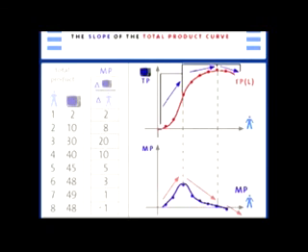So now we've got a picture of the marginal product curve, which is the slope of the total product curve. And what we'll add next is another measure of productivity that you may often hear about in the newspaper, that is output per worker. And that's called the average product of labor. So we'll